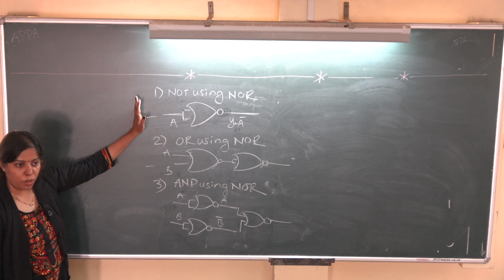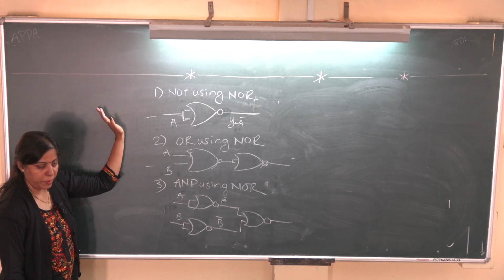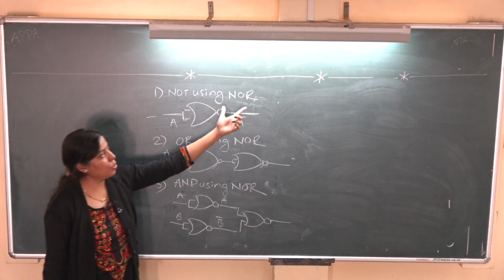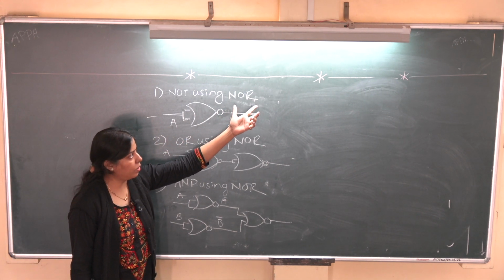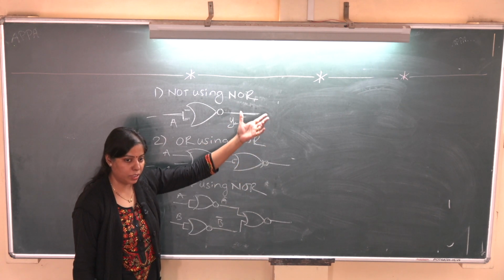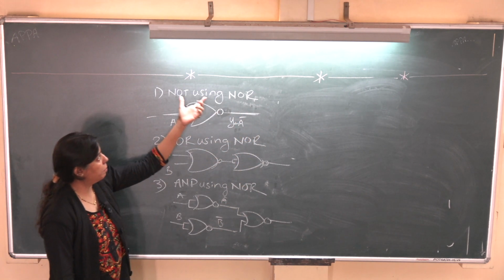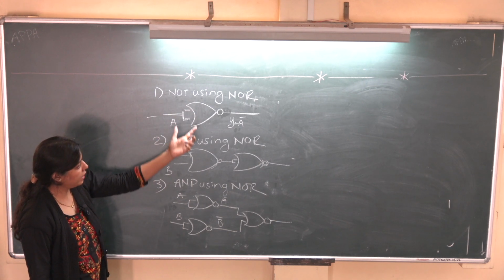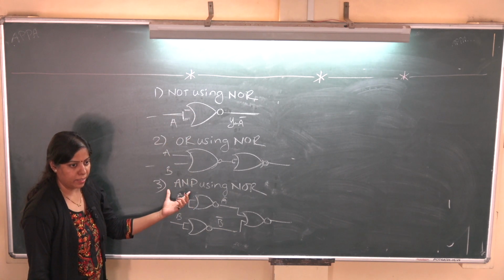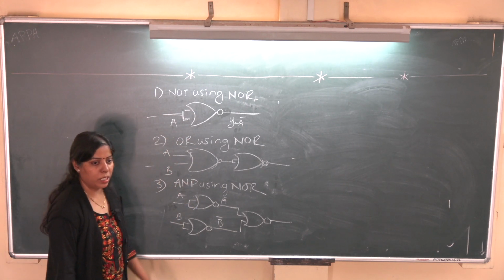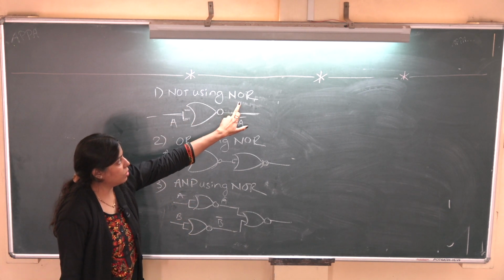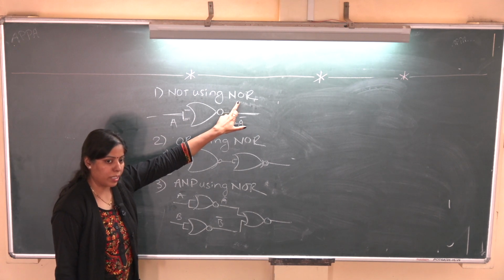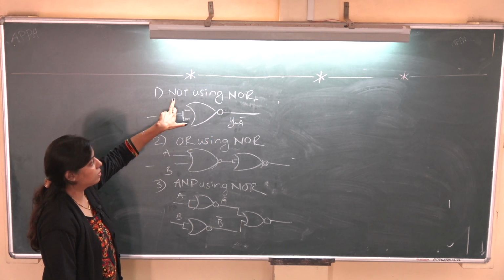Now this topic is related to the previous topic. Now, NOR gate: why is it called a universal gate? Already we have discussed that by using the NOR gate we can implement basic gates such as the NOT gate, OR gate, and AND gate. Now these are some logical expressions or logical diagrams. So this is the NOR gate. By using that NOR gate, how are we going to implement this NOT gate?